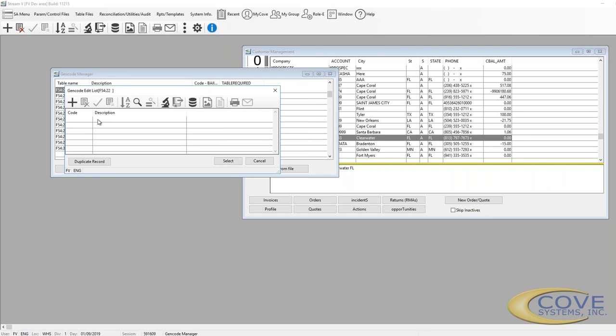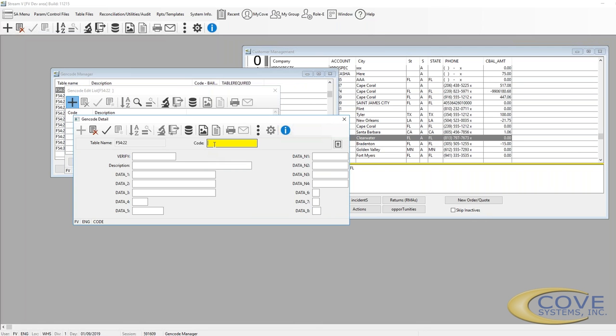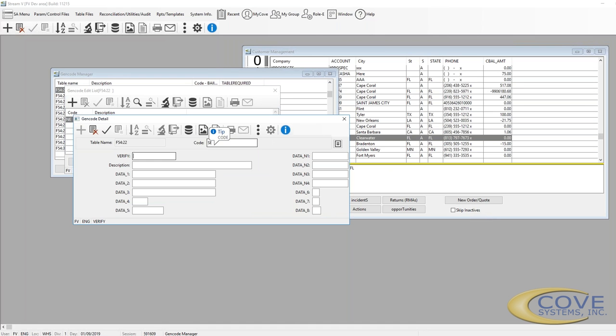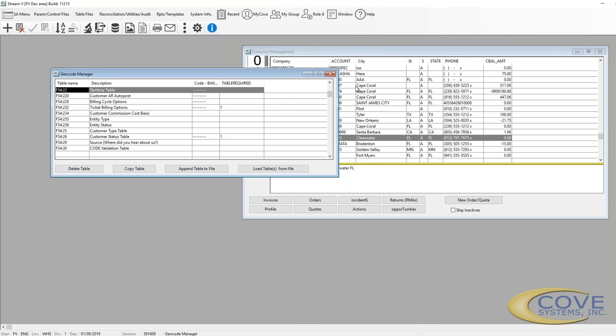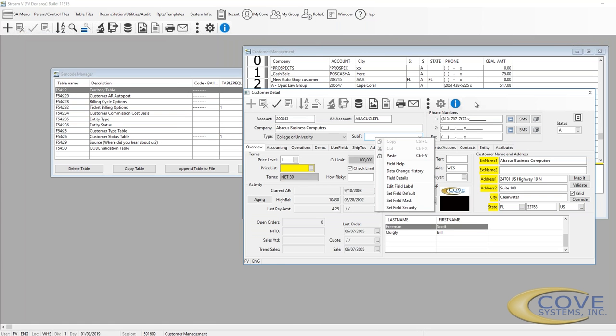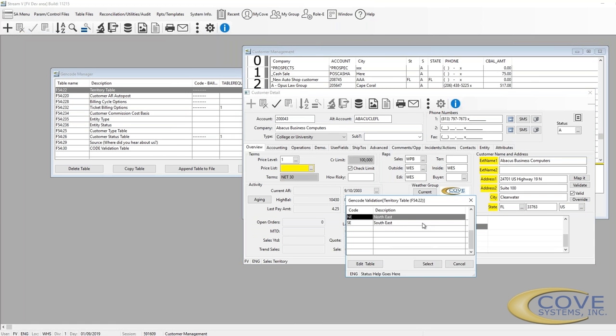And now we can put values and say Northeast, Southeast. Now if we went back over to this, and we hit F3, we would see that we are now restricted to only those two values are allowed